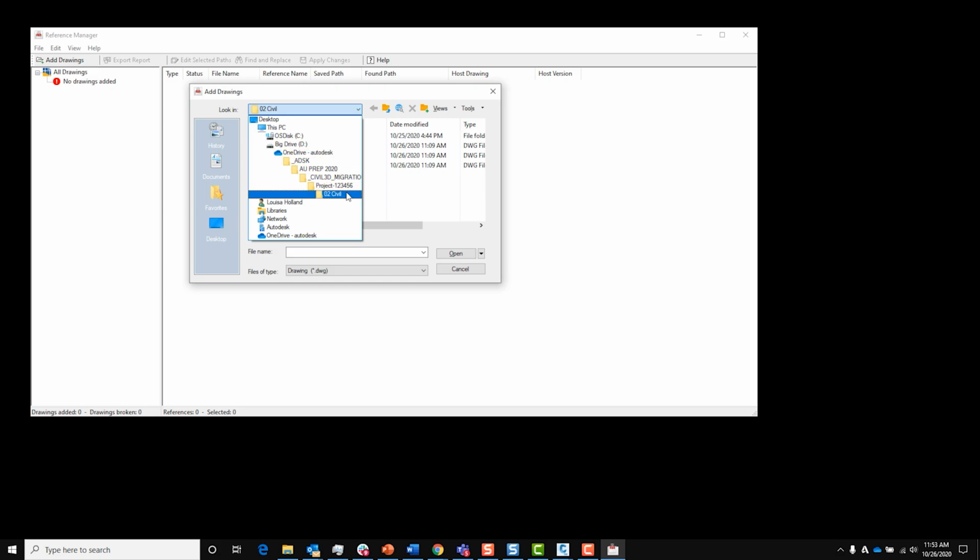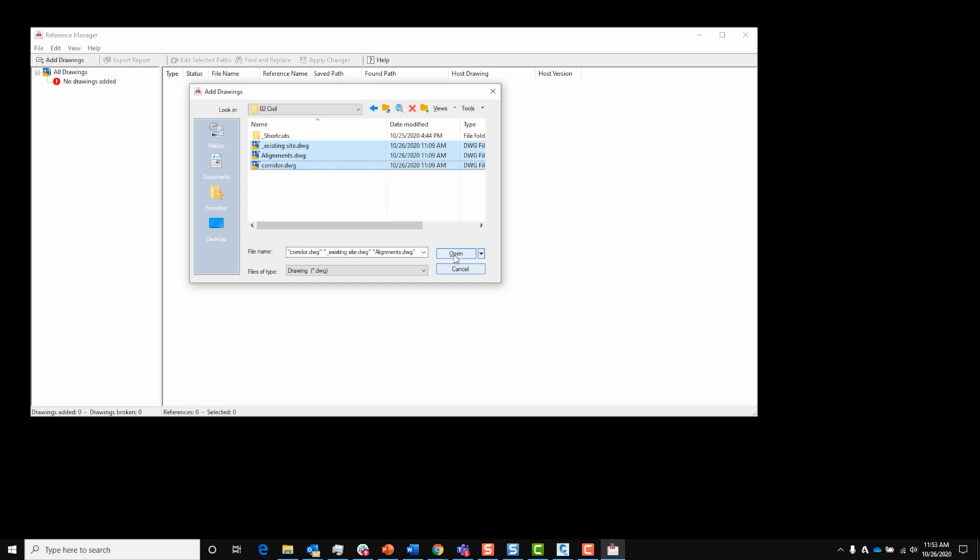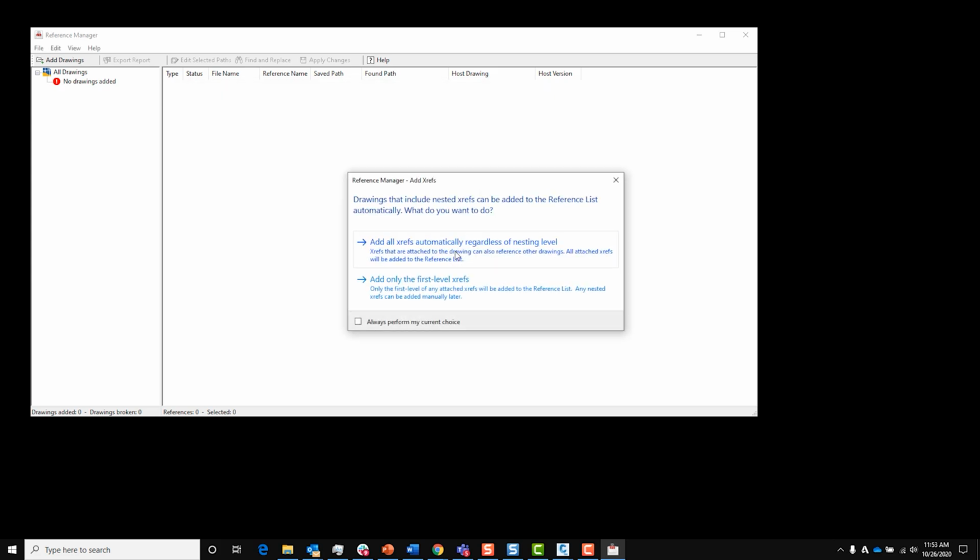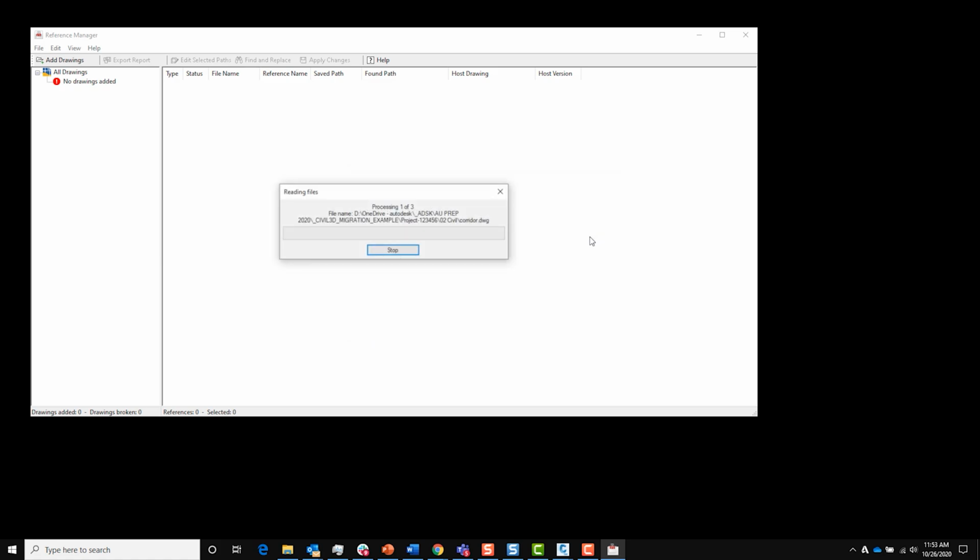This is just another tool that we can use to examine the files. It'll give us an indication if there's problems. Now in this case, add all XREFs automatically regardless of nesting level is the option I'm going to take, and this will allow me to check for things that are attached versus overlay.